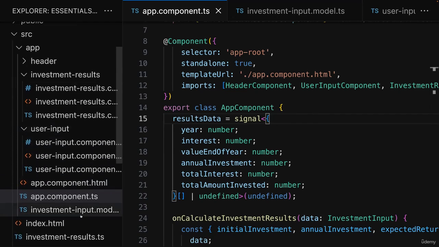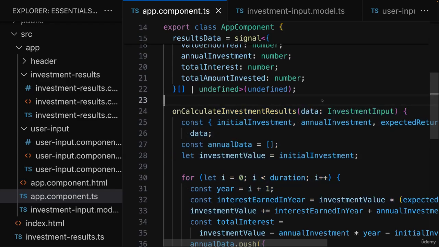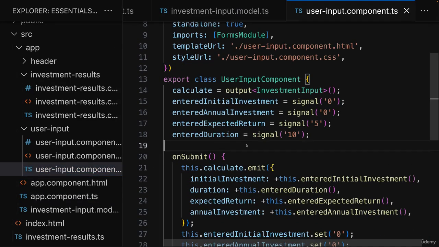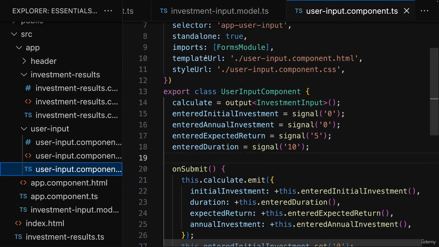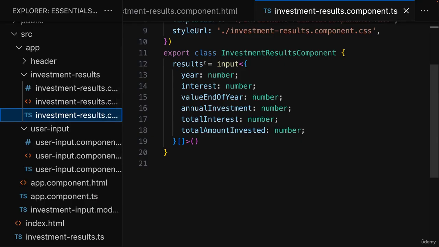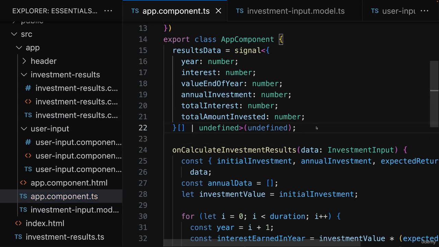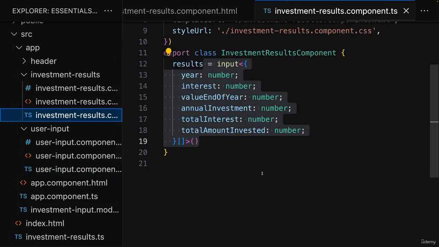So how could we use a service in this application to improve it? Well, at the moment, we're using this app component to derive the investment results, and that of course means that data must be passed up from the user input component through a custom event, through an output to the app component. And it then must be passed down to the investment results through an input from that app component. There's nothing wrong with this approach, but it's some extra code we have to write. Both the output as well as the input could actually be avoided if we used a service, and that's therefore